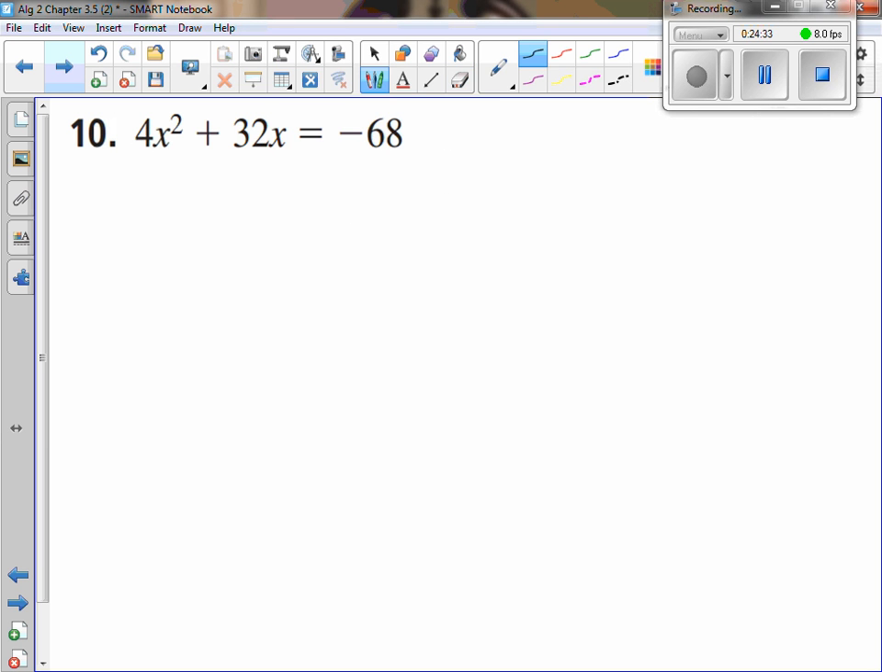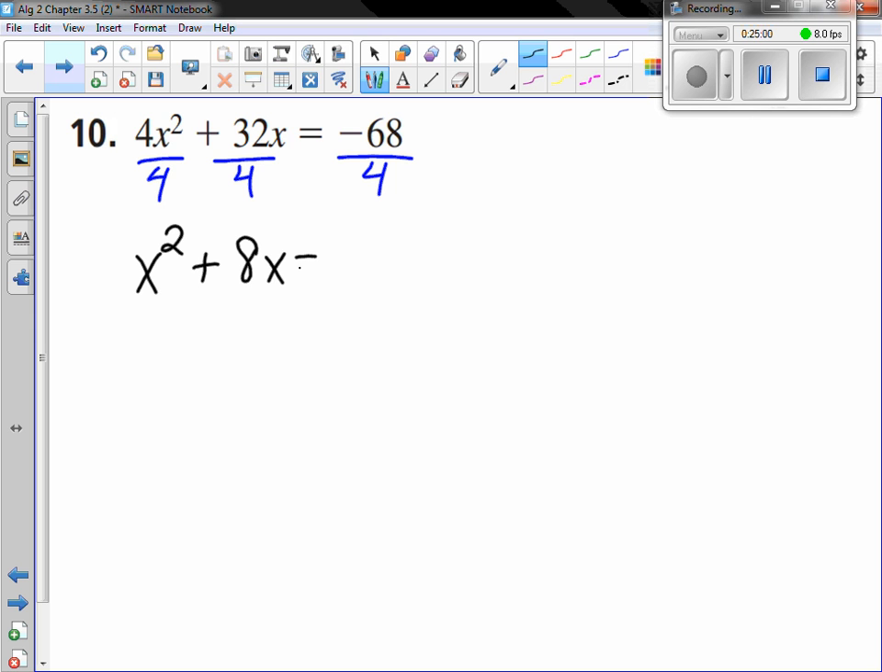But looking at this here, step 1, is a equal to 1? What do we need to do? What do we need to do to make it so? We need to divide everything by 4. Because 4x squared divided by 4 would be x squared. 32x divided by 4 would be negative